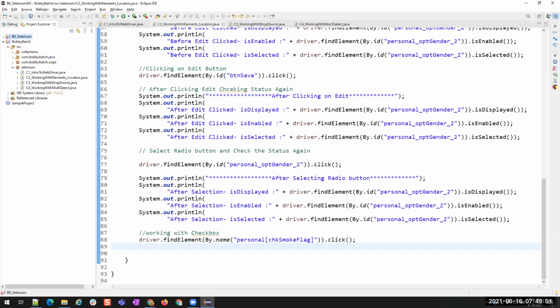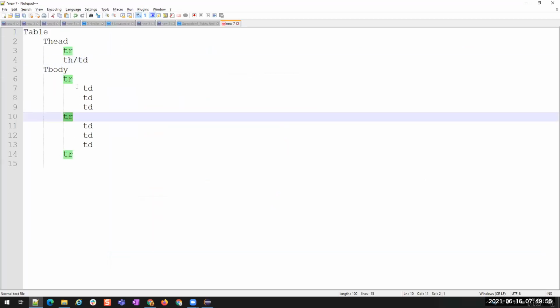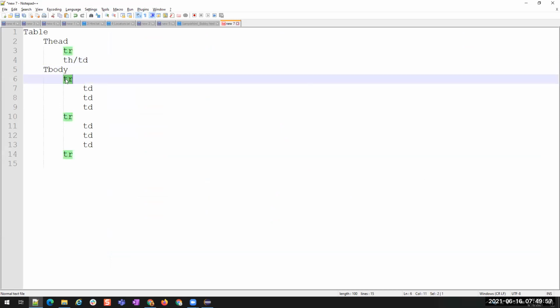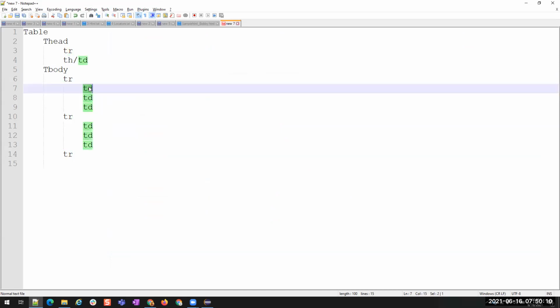So we can get that count using these TRs. First we have to get all the rows. How can we get all the rows? Using the tag name, you have to get all the rows from this table, and then you have to get the columns from each row, and then from each column you have to read the values.